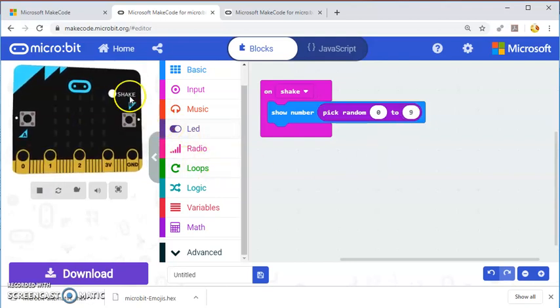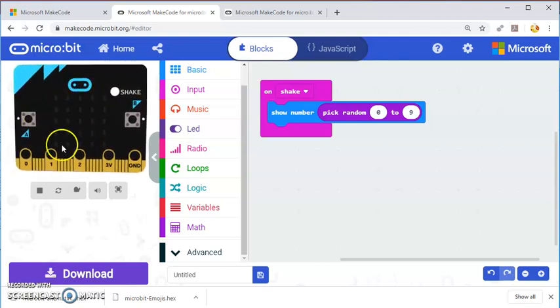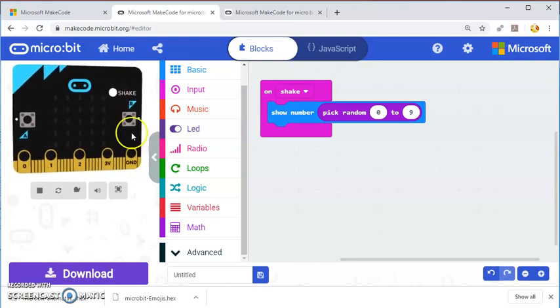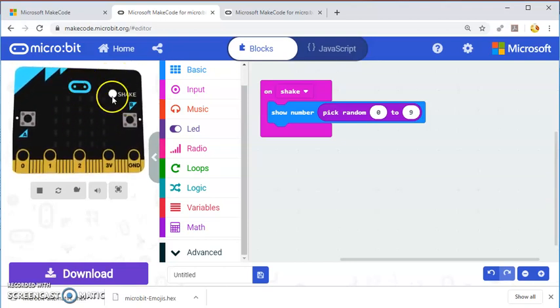So you'll notice again on the simulator here that when I put in the on shake, it gives me this shake button here, which simulates the shaking of the microbit. Now you'll see that it does move around a little bit, but actually the shake button is better because on the simulator it can be hard to get a real shake of the microbit. So if you just click the button, it did 3 and then it shook again, 2 and 7 and 0. So it's just giving me random numbers between 0 and 9,